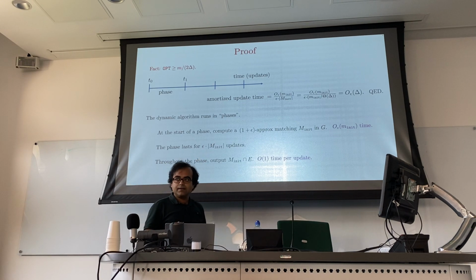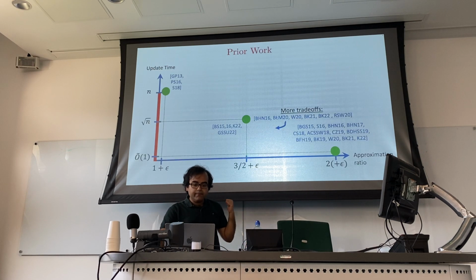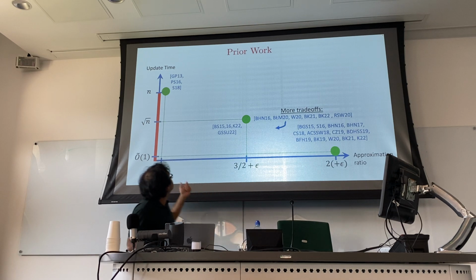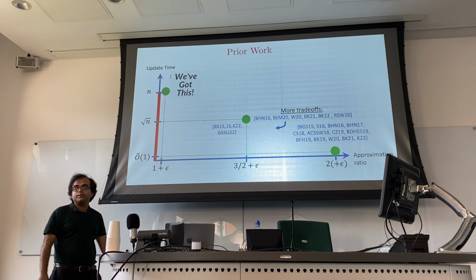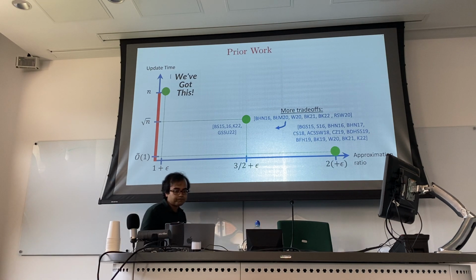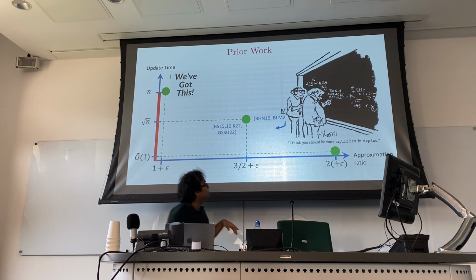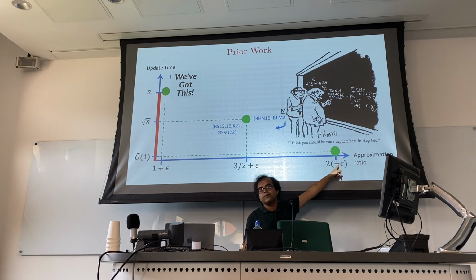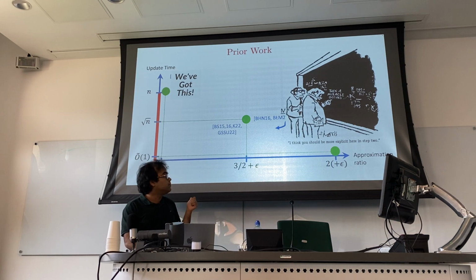Right. Okay. Yeah, so this is it. Now, getting back to this picture here, we now completely understand how to get 1 plus epsilon approximation in order n update time. What I will do next briefly is give you a very high level intuition as to how 2 approximation works in polylog n update time, but I will need to be a bit hand wavy here because these things become technically very complicated if I want to present the full details.